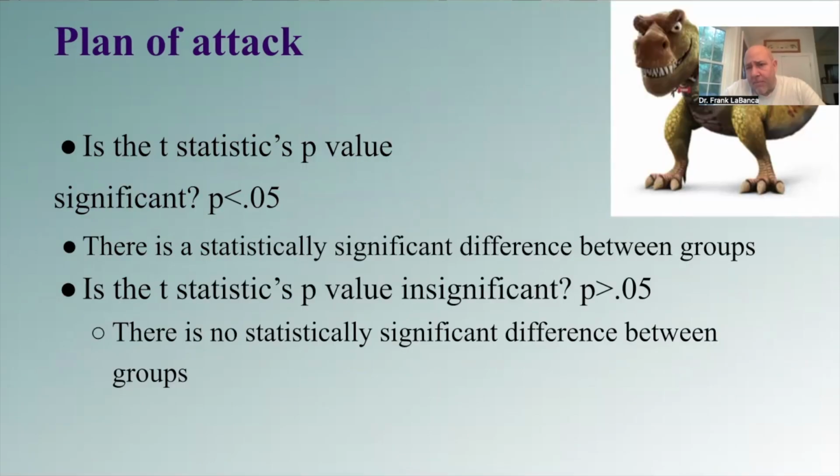So basically, to wrap up, what we want to say is: if the t-statistic's p-value is significant, p is less than 0.05, there is a statistically significant difference between groups. If it is insignificant, there is no statistically significant difference between groups. And that's really important, to be able to say whether something is statistically different or similar, not just a comparison of the